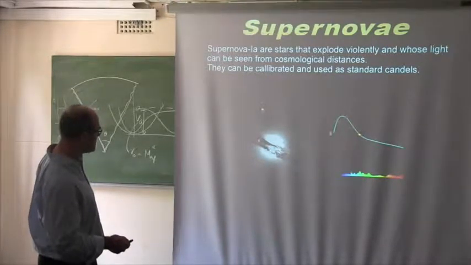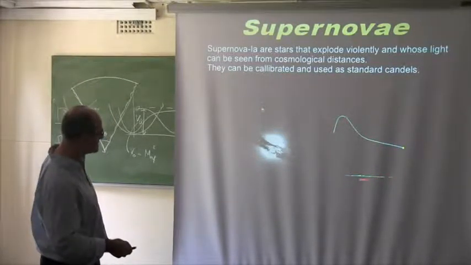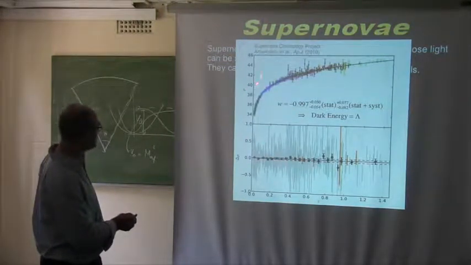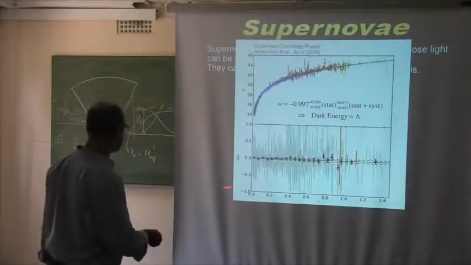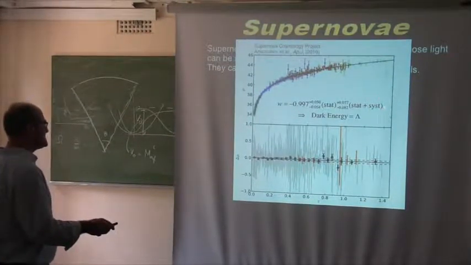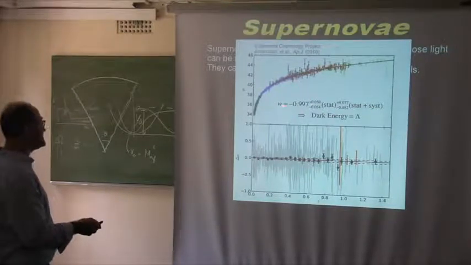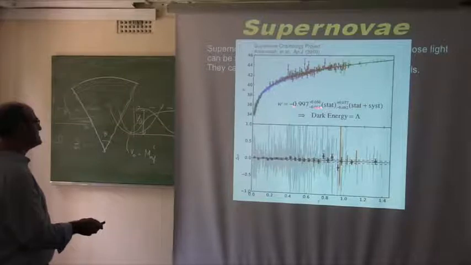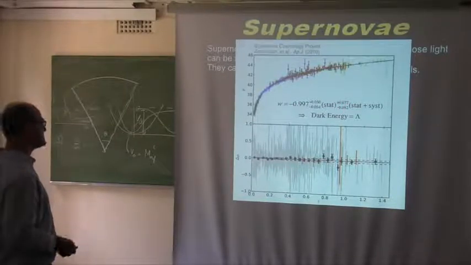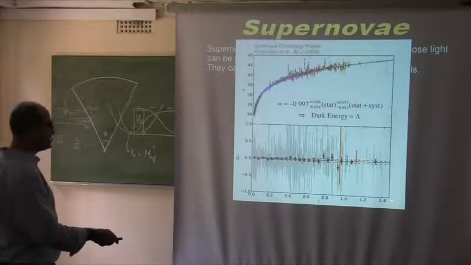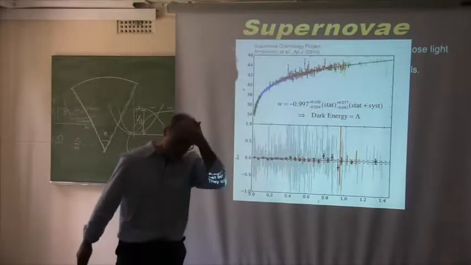Supernova. Well, you have certain types of supernova called type 1a, which very quickly rise and slowly decay. You can also have the spectrum, and from here you can determine the luminosity distance or distance modulus as a function of redshift. The best results nowadays tell you that the equation of state of dark energy, whatever that is, is very close to -1, to within a few percent, 5%. And you can see it here. It has reached redshift 1.4 in the last published catalogs.